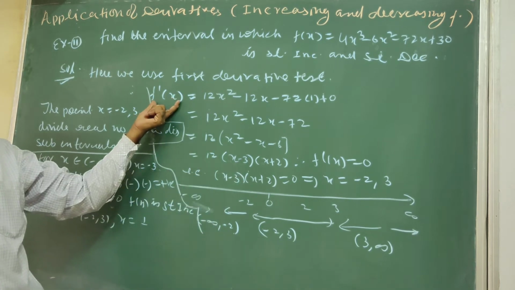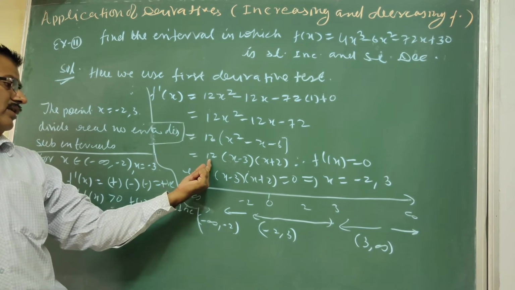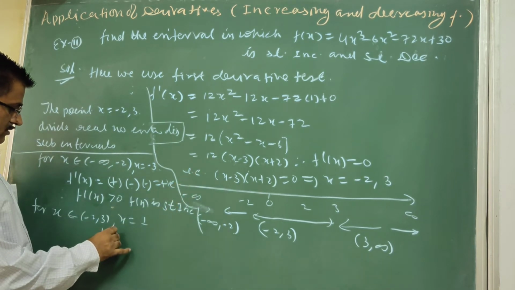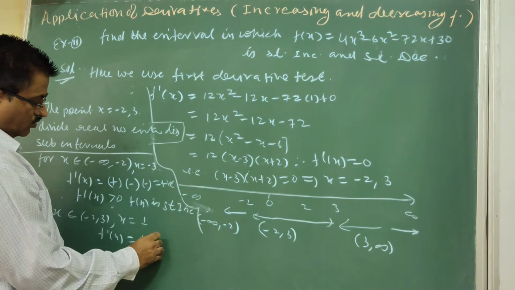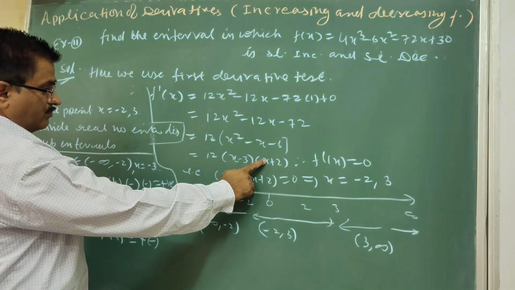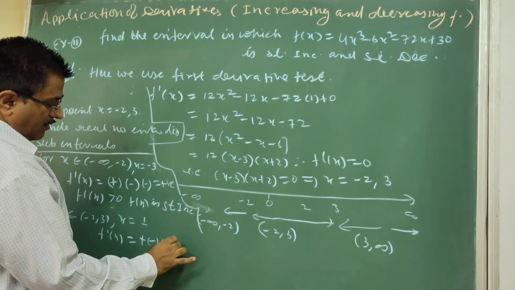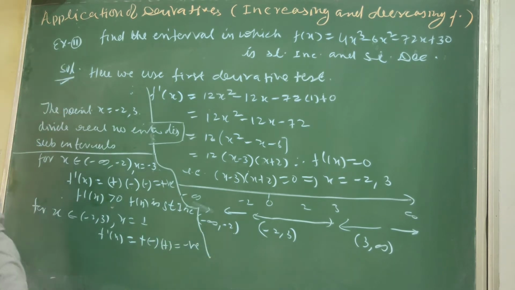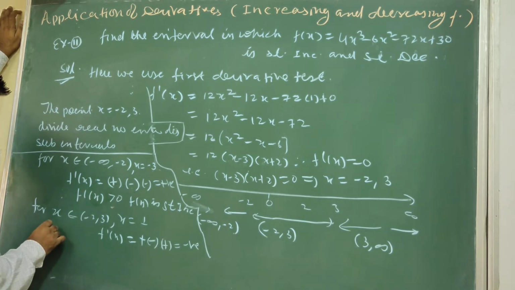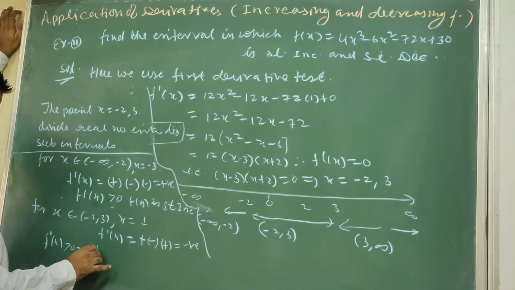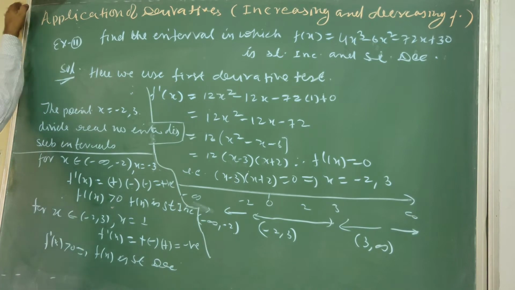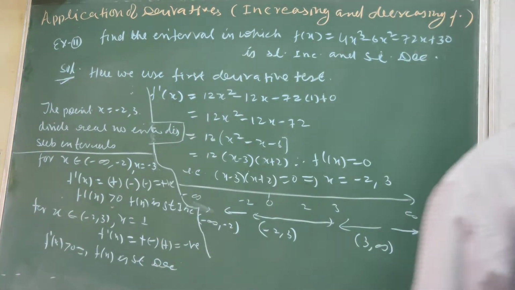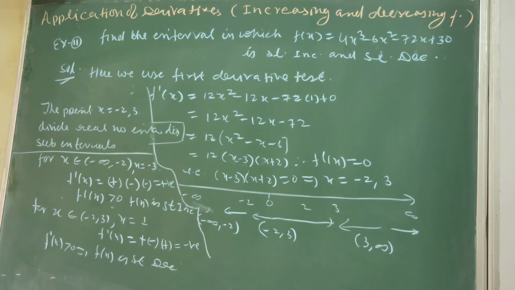So if you are substituting x equal to 1, so positive, then 1 minus 3, that is -2. So -1 plus 2, that is, overall the sign is negative. Correct? So we can say f dash x is less than 0, therefore fx is steadily decreasing. When the sign of the derivative is negative, we can say that the function is decreasing.